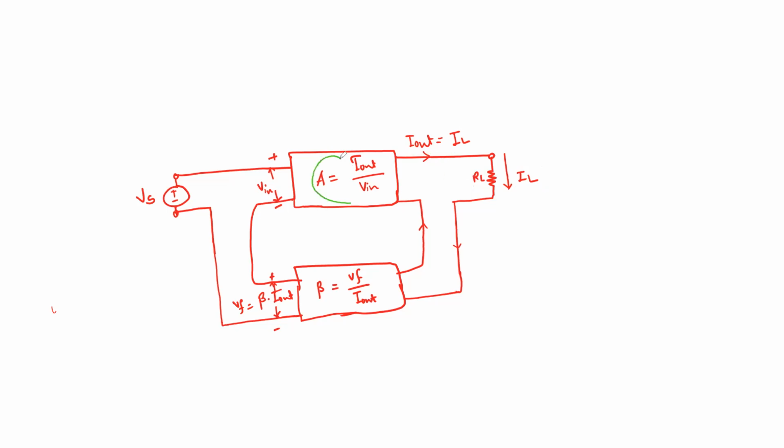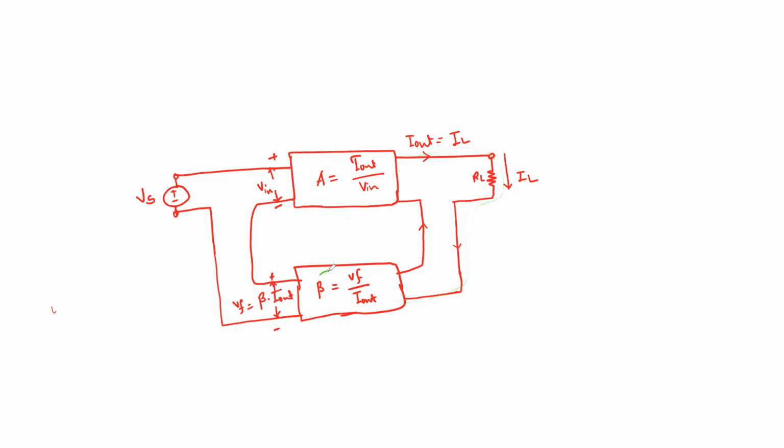And there is this gain block, which is the ratio of output current divided by input voltage. So input voltage is the difference voltage at the input pin of this gain block. For example, this is an amplifier. Now, what you do, you have this output current that flows through the load IL, and then it becomes input